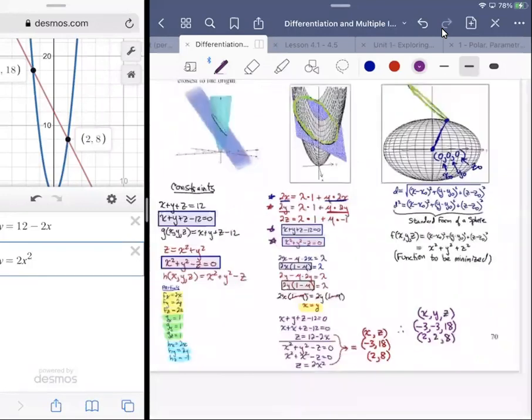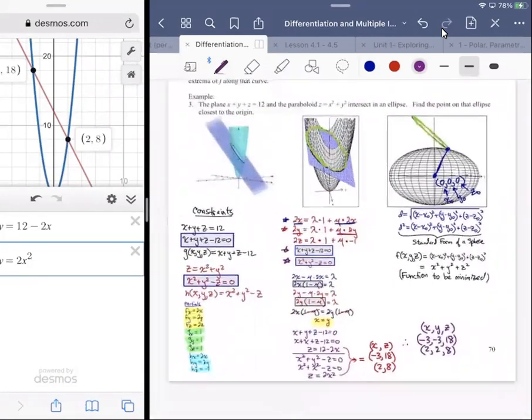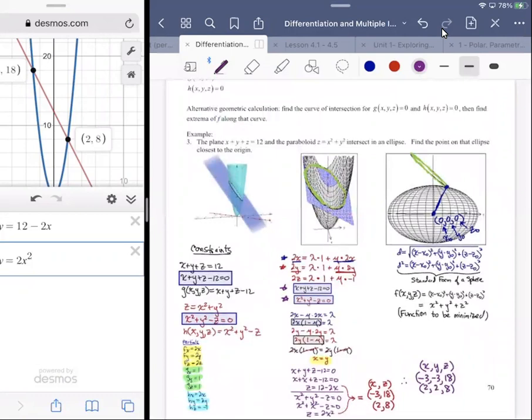Now, ultimately, it says find the point on the ellipse that's closest to the origin. All right. Now, this is optimization. We could be maximizing, we could be minimizing. I don't know which one's going to be closest, and I don't know which one's going to be the furthest. So there's a couple of ways that we can handle it. One would be to go to GeoGebra and pop that information in. Another way would be,